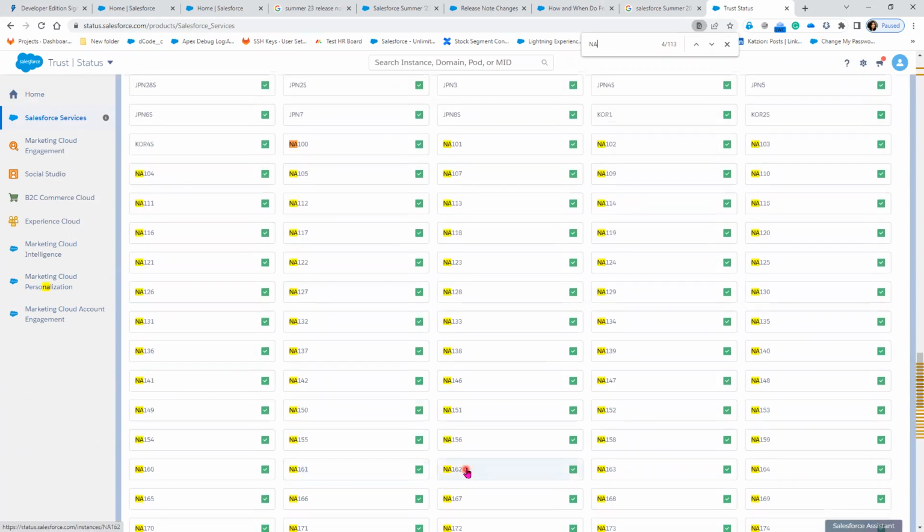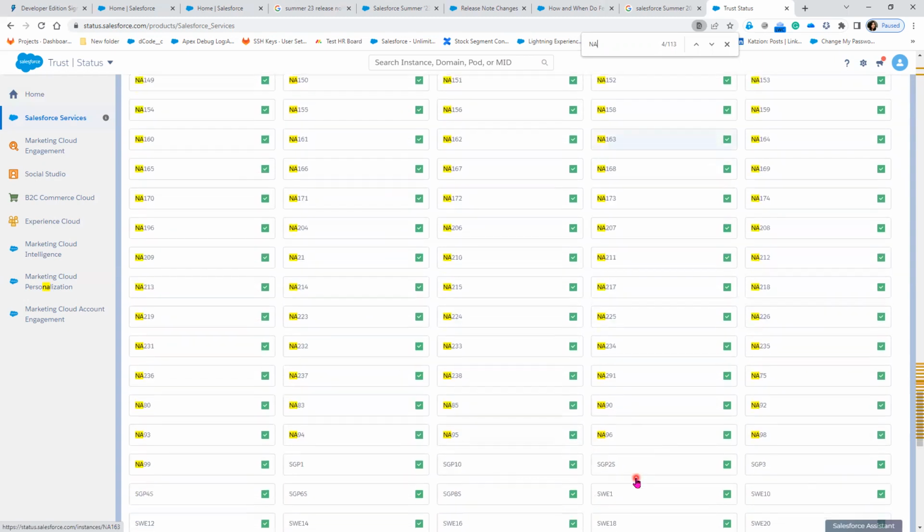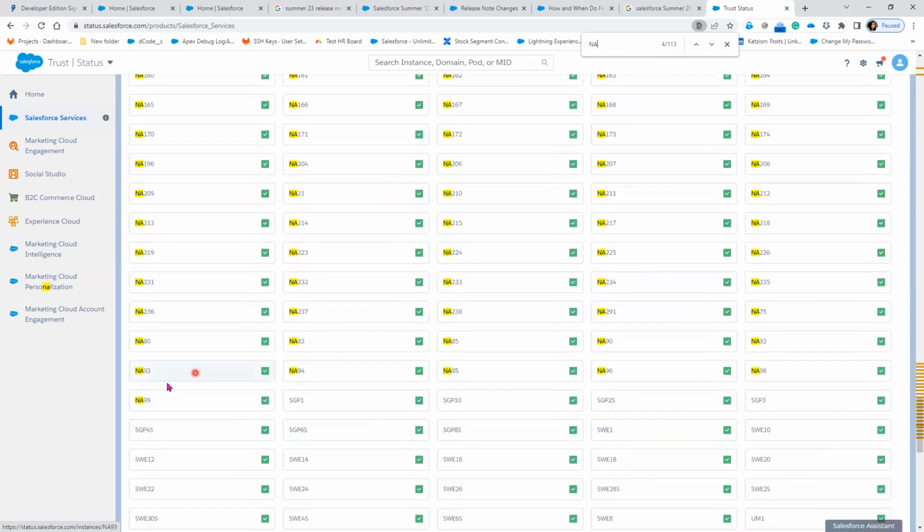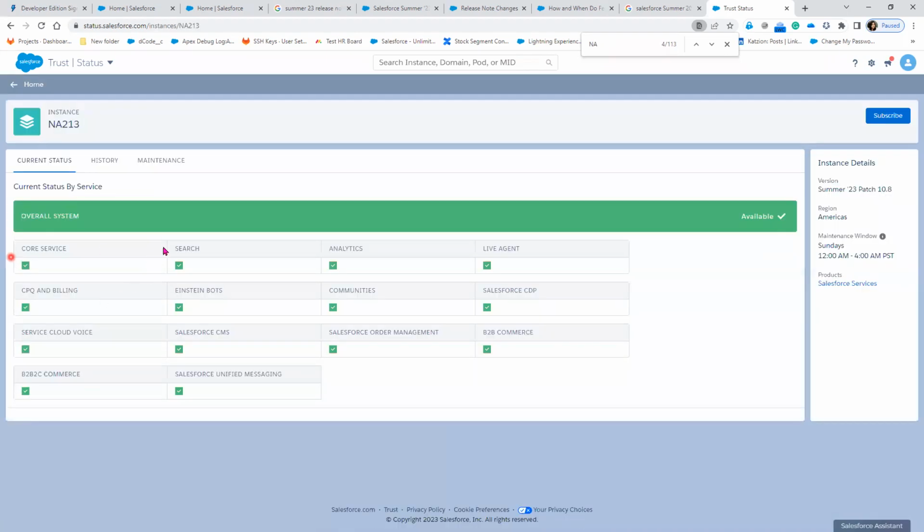So we have NA162, 163. Like this, we have so many instances. In each one of them, you will see 8,000 customers. Inside each instance there are 8,000 customers, and for each customer, there is a separate